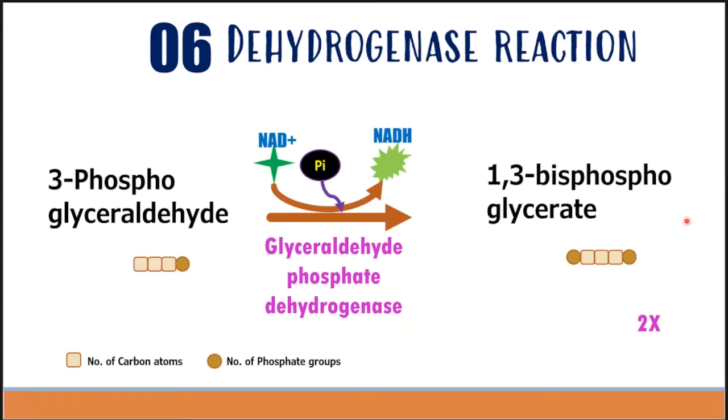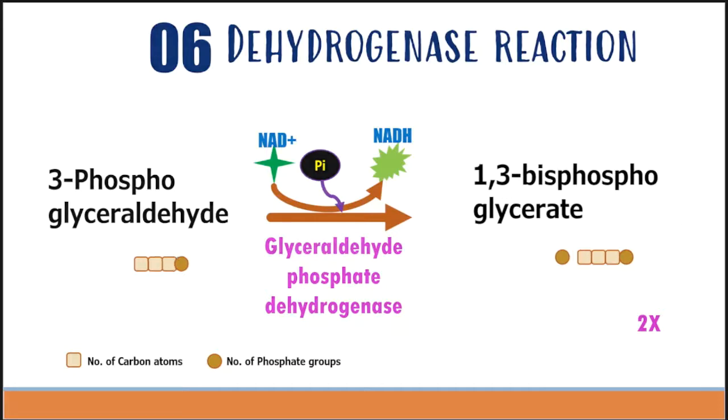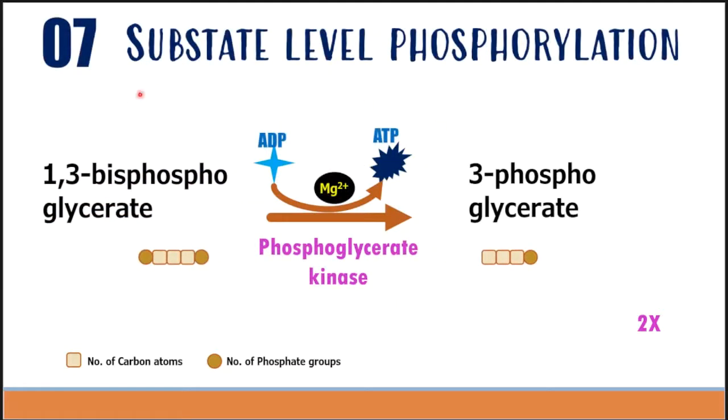This will bring out a marvelous reaction, the seventh reaction, called substrate level phosphorylation. At this point glycolysis will recover its lost ATPs, because glycolysis already spent 2 ATPs in reaction number 1 and reaction number 3, and here 2 ATPs will be generated, because from the sixth reaction onwards there will be 2 molecules of each reactant. And here 1,3-bisphosphoglycerate